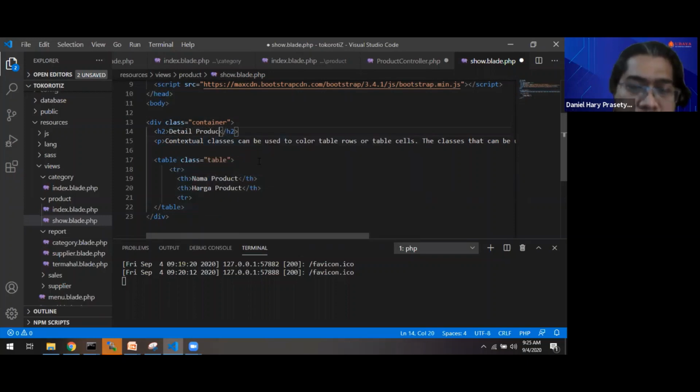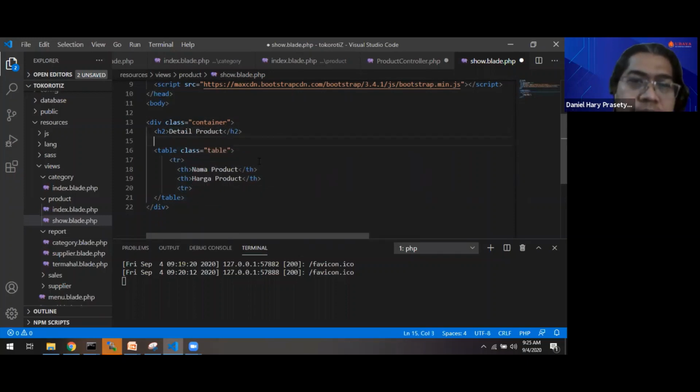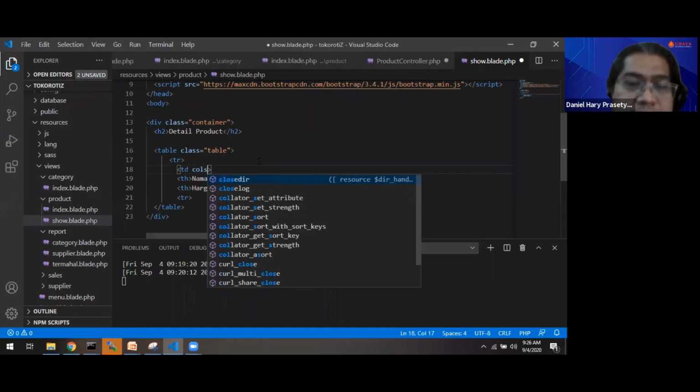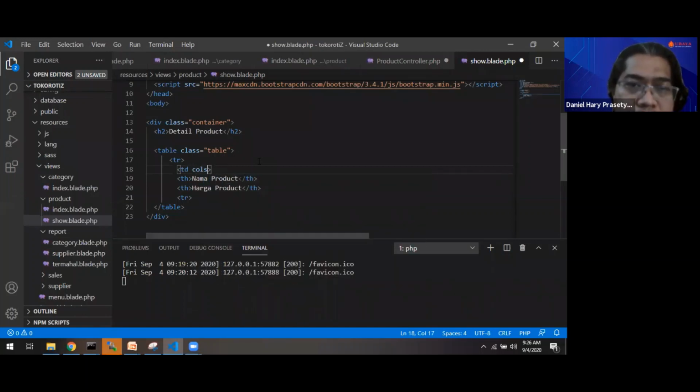Detail product. Maybe we can put, for example, the image first here. The image is called a span. The image does not need to show the name of the field, so I make the span with 3.